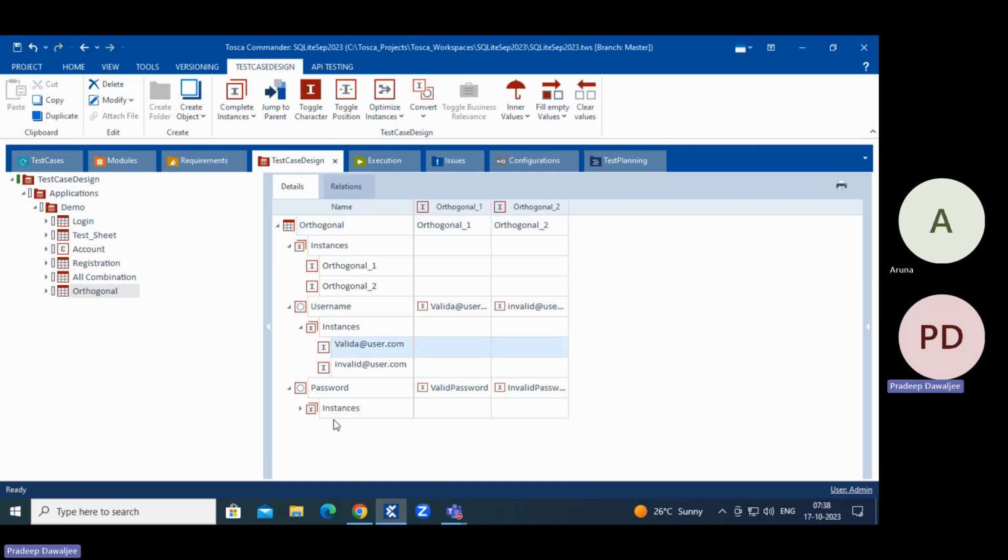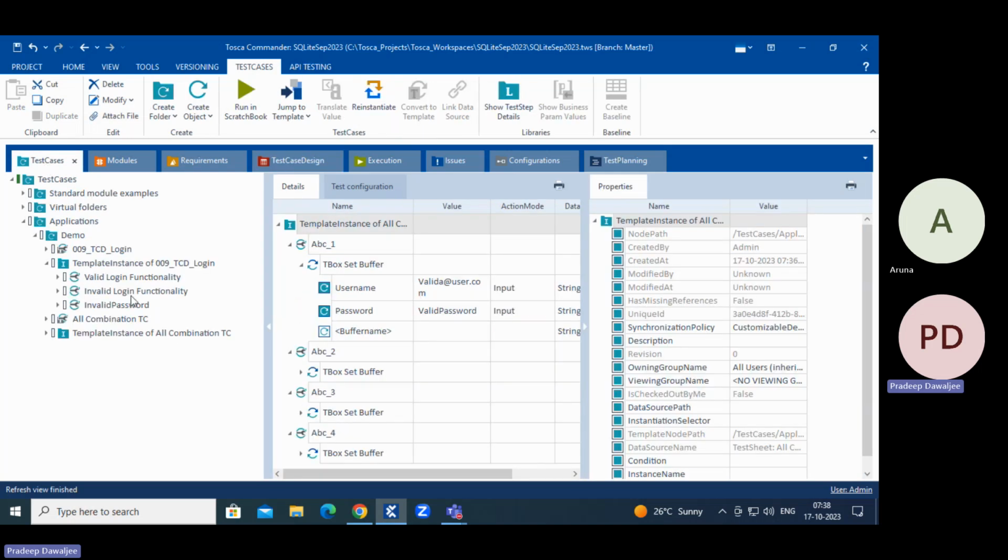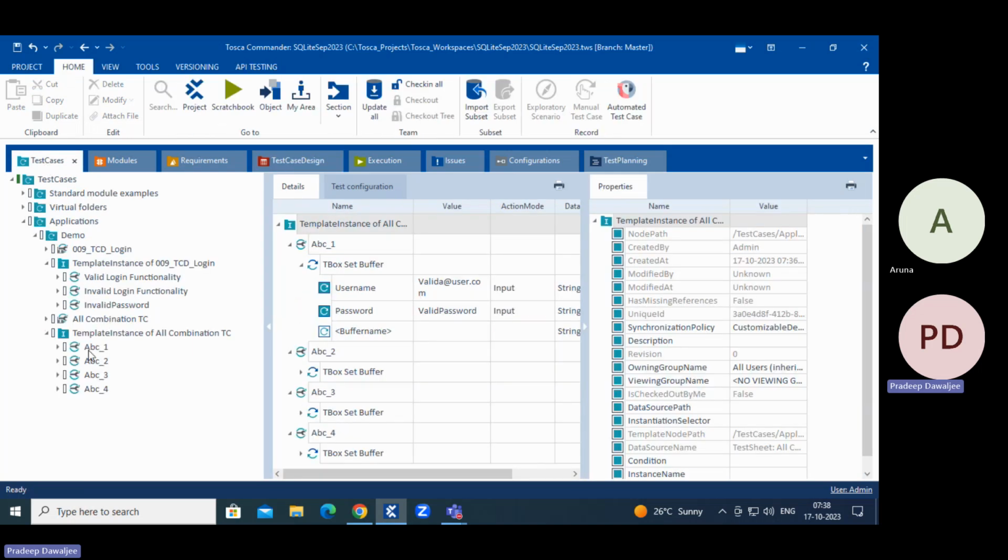So it's not only valid with valid, it is just first value with first value and then second value with second value. If you have those kinds of things, it creates the instances according to that combination. So this is what orthogonal is. And again, same thing here. If we just create orthogonal, we get